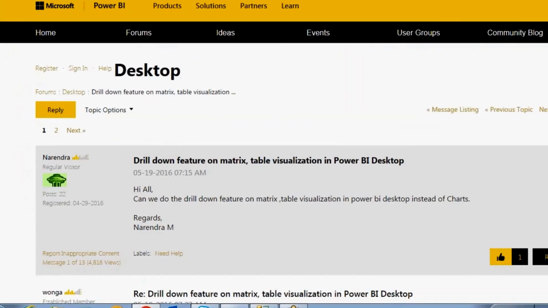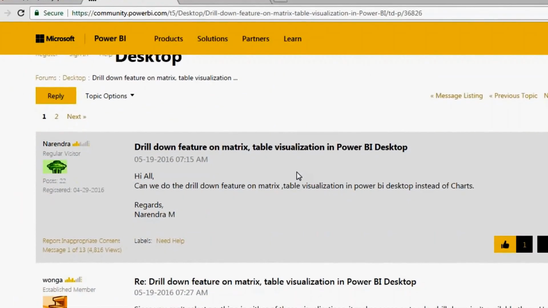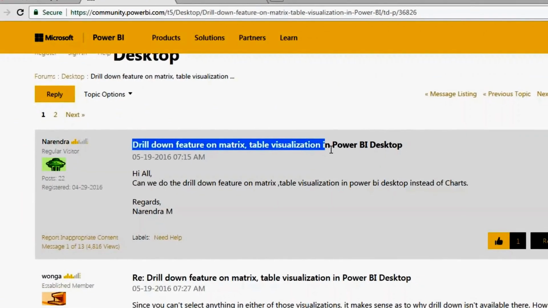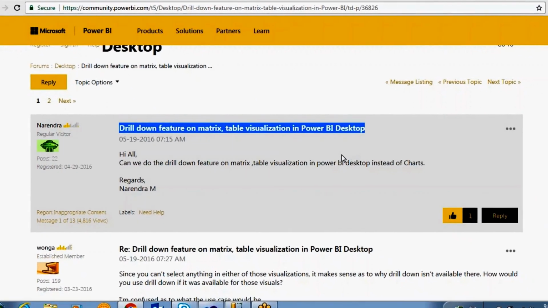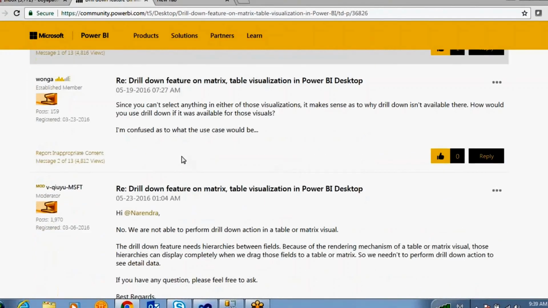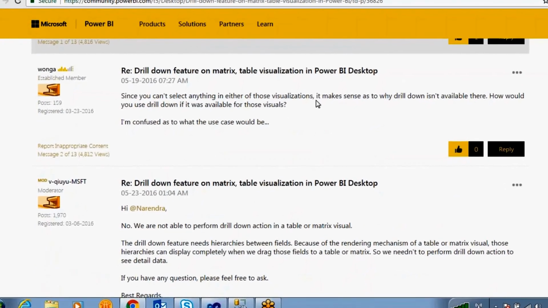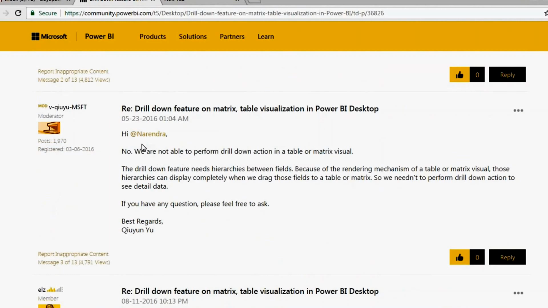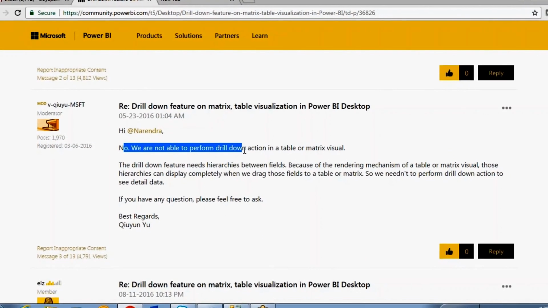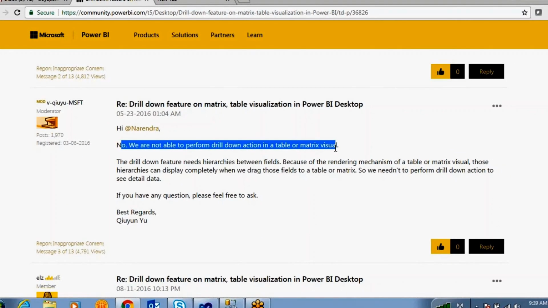Even in the Power BI forum you can see that a drill down feature on matrix and table visualizations in Power BI Desktop is not possible, since you can't select anything in either of those visualizations. So we are not able to perform a drill down action in table and matrix visuals.